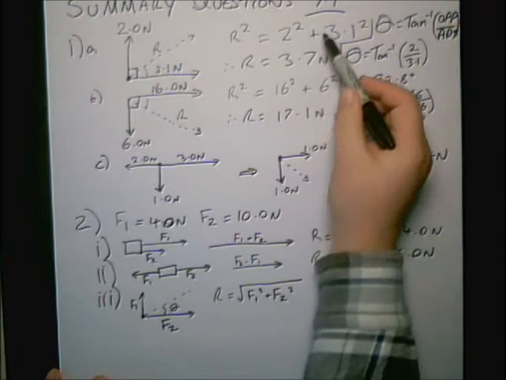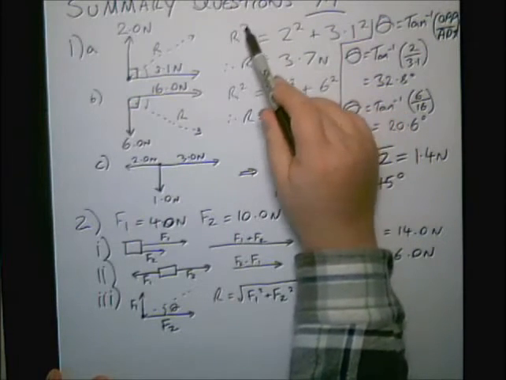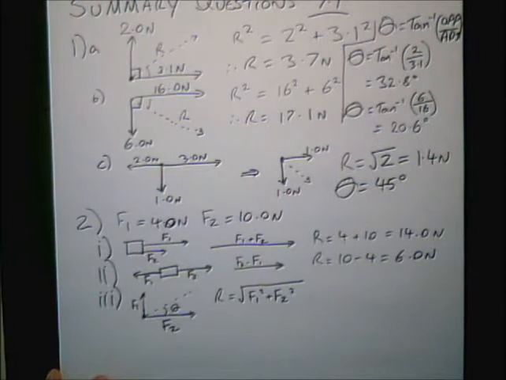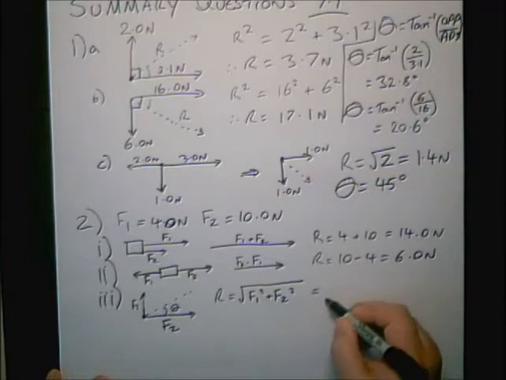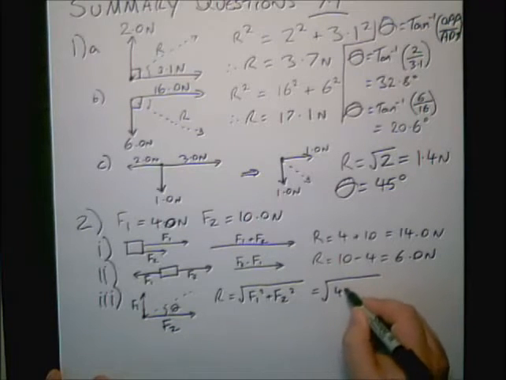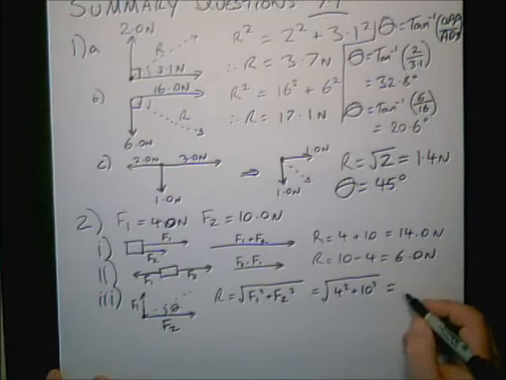So what I've done here is gone one step further than this and taken that square over to square root, but it's still the same Pythagoras theorem. So we're going to end up with the square root of 4 squared plus 10 squared, which is going to give us an answer of